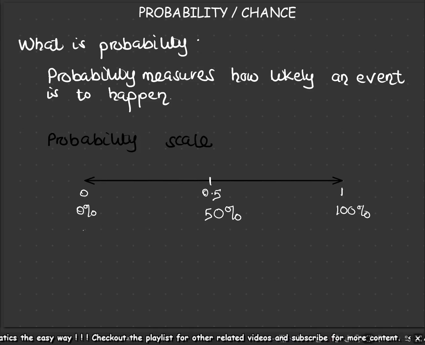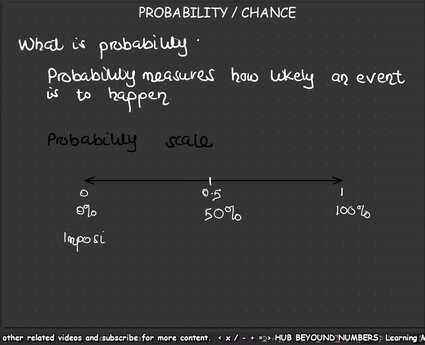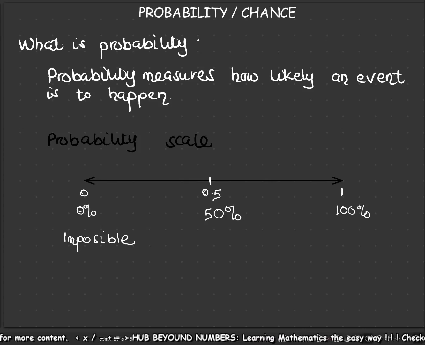What do we mean when we say the probability of an event is 0? If an event has a probability of 0, then that event is impossible to occur. For instance, what's the likelihood that a goat will give birth to a fish? That is not possible, right? So that is an impossible event, something that cannot happen at all. So its probability is 0.